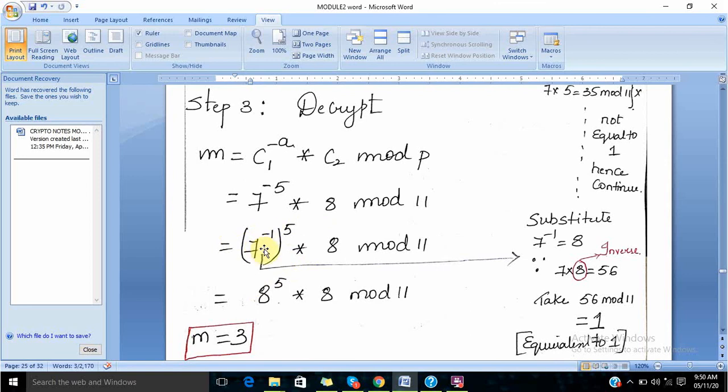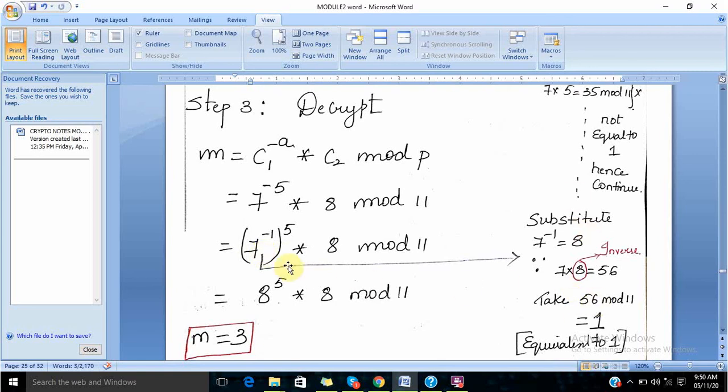Because 7 to the power minus 1 whole to the power 5 is the same as 7 to the power minus 5, we need to put it in inverse form, so we simply put it this way. So 7 inverse is nothing but 7 into what number? 7 into 1 mod 11, how much is it? It is 7, so it is not 1. So you have to start from 1, then go with 2, 3, 4, 5, 6, 7, 8. When 8 comes, students, what happens? 7 into 8 mod 11. 7 into 8 is 56. 56 mod 11, that is what is shown here on the right side.